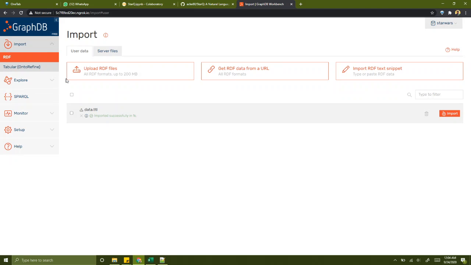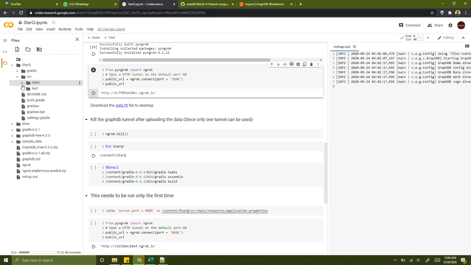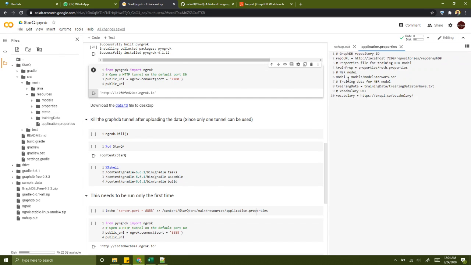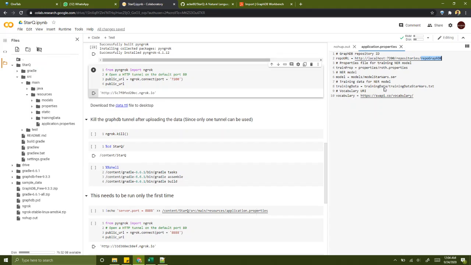We need to make one change, that is go to StarQ source main resources and application properties. You need to change this to the name that you provided to the GraphDB, Star Wars, and click on save.